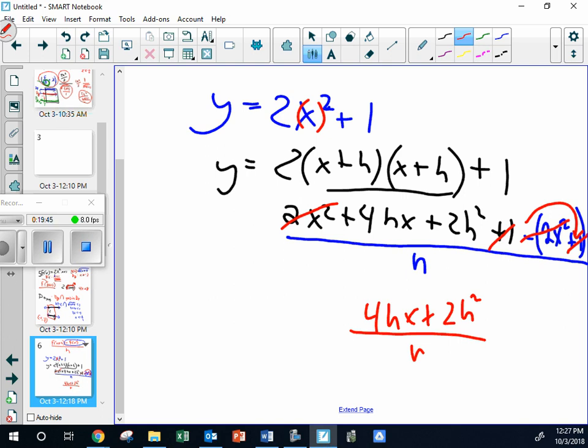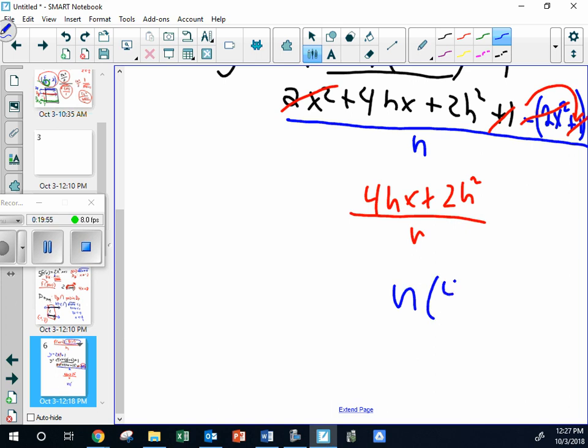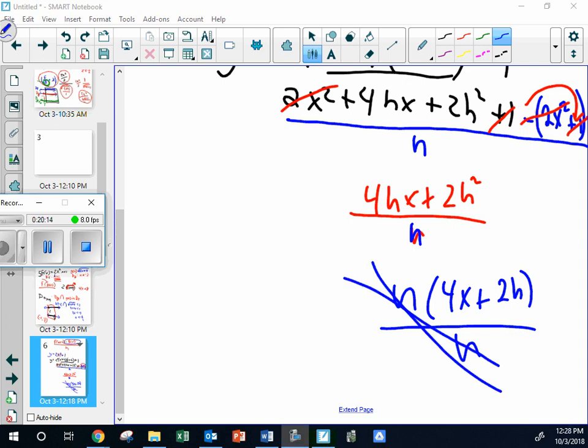Okay. It always comes down to my favorite saying. If you can factor it, you should. So I'm going to factor out an h, and I'll have 4x plus 2h. Now, I could have factored out a 2h, but I don't need to because the only thing I can see on the bottom that could possibly cancel is that h down there. So I'm just factoring the h out. There we go. So 4x plus 2h. Raise your hand if you had that one right. Okay, awesome. Next,